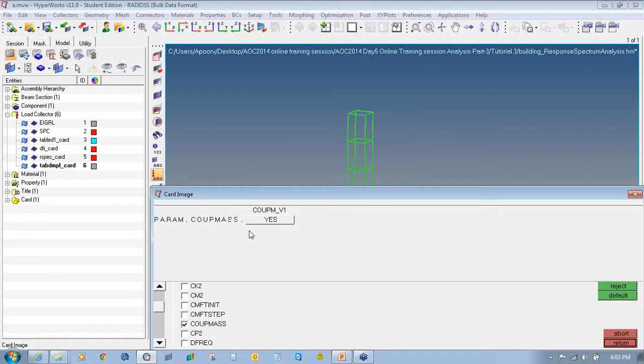The coupled mass matrix approach is used for eigenvalue analysis. Then we will again scroll down and check the box EFFMASS and select the value as yes. So the modal participation factor and effective mass are computed and output to the .out file. Then I will click on return.